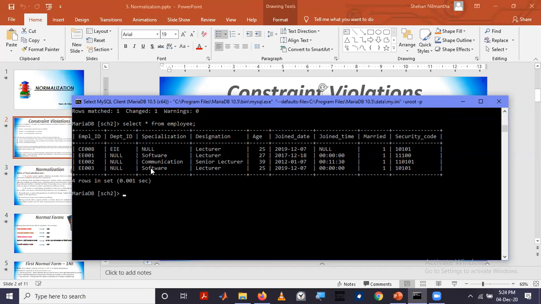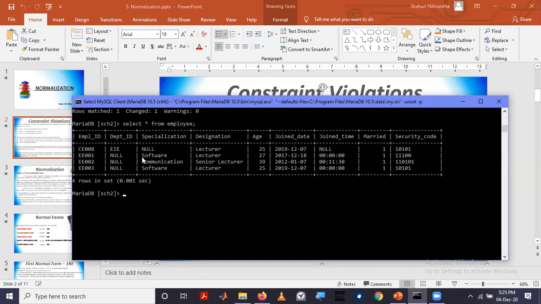So there is a functional dependency from here to here, and from here to here. So in full, there is a transitive dependency from employee ID to this one. And that is violated. You can clearly see it is violated here.